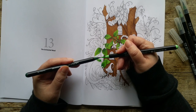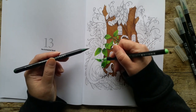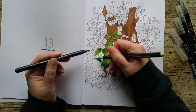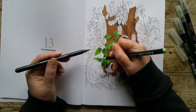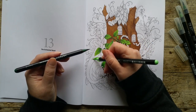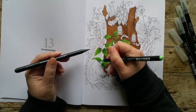But yeah, that's kind of the route I'm going with these colouring chats. So you're seeing me do things on the camera, but you're not seeing me do all of the things. I'll do more leaves off camera after I'm done with this. Though I don't know what to do with the dragon,